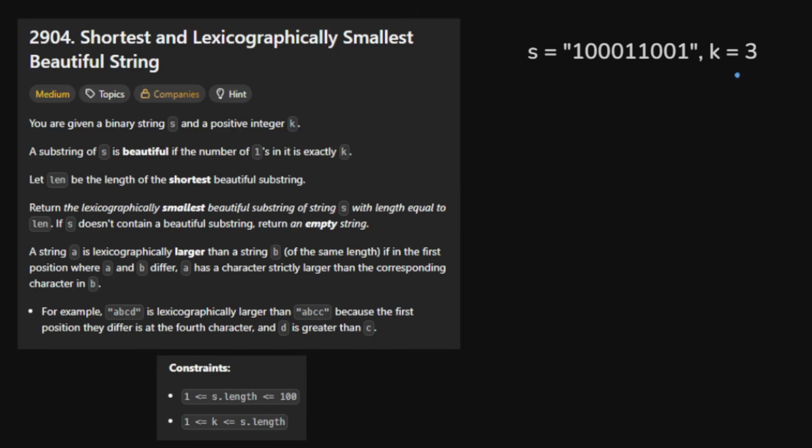In this example, k is equal to 3, so we are looking for substrings with exactly 3 ones, which means that this is one possible substring. This is another one, this is another one. We can take a substring with any amount of zeros, okay? Because regardless of the amount of zeros, we have 3 ones here. So what's the shortest substring with exactly 3 ones here? Well, we can take this, right? So in this scenario, the result is